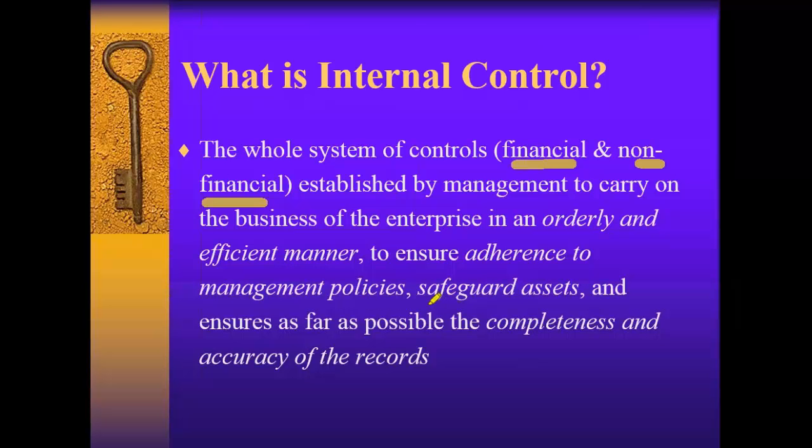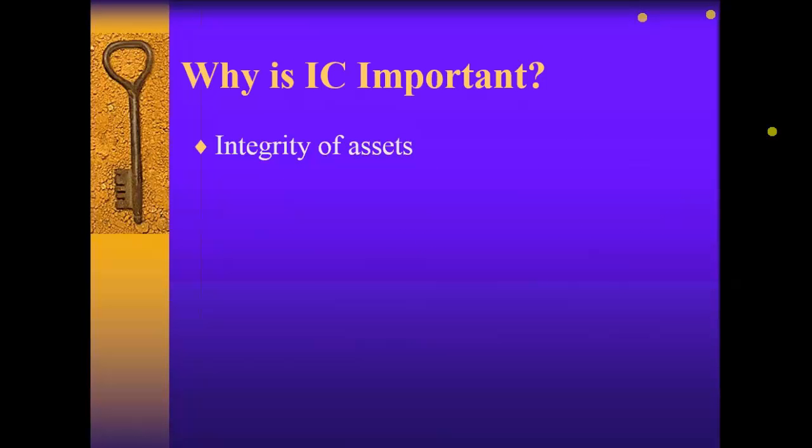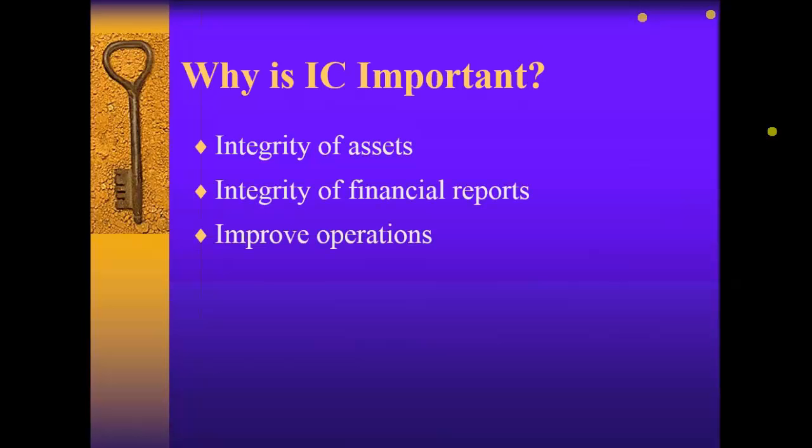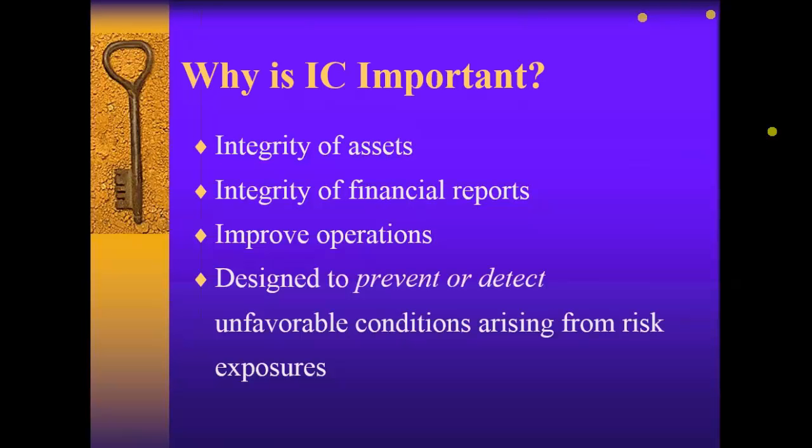And you notice that what we are really focusing on is safeguarding assets, the completeness and accuracy of records. So we're talking primarily here related to the financial statement. The one thing that we want to really focus on related to this process is understanding that internal controls go beyond just the financial statement. Safeguarding assets is kind of a subset of what we're talking about here, but ultimately everything is going to flow into the financial statement. So why our internal controls are important: integrity of assets, integrity of financial reporting, operations, and